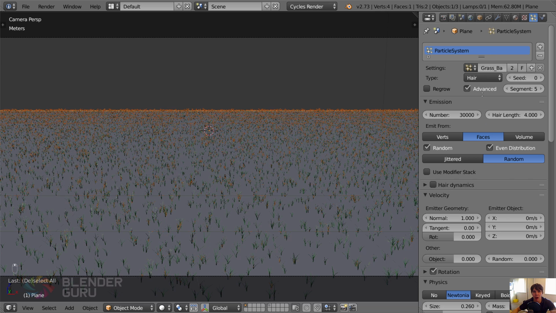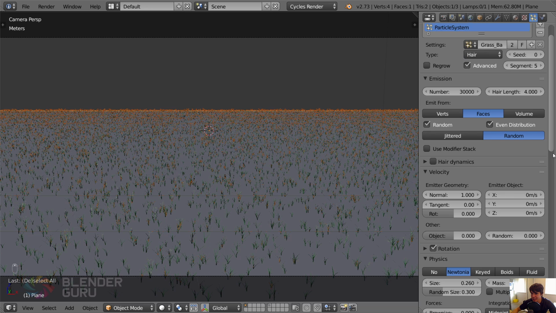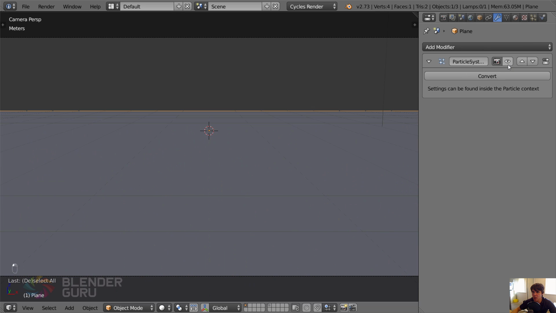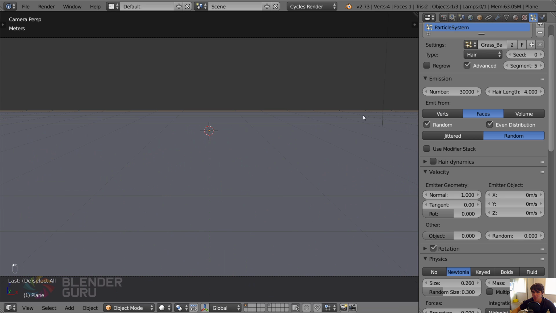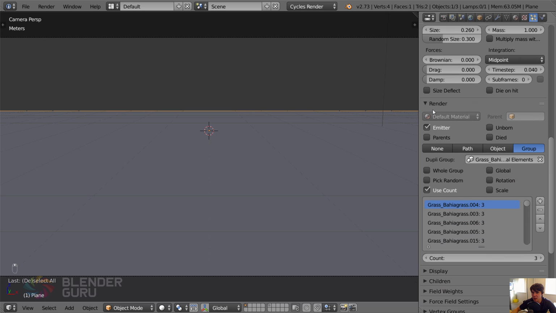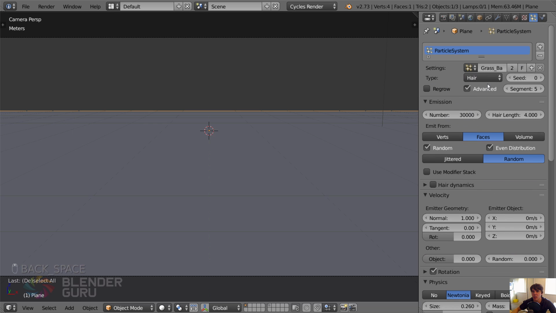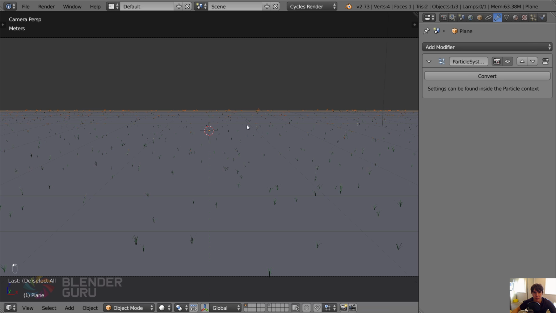Before you amp up the particle amount, one thing you want to do is, down here, you can see how slow it's going right now. So let's go to the modifier stack here. I'm just going to turn off the view from the viewport so it's not slowing us down. Then underneath display, I'm going to set this amount to be 10%. Actually, no, I'm going to go 5%. So 5% of 30,000 particles will be viewable in the viewport, but the rest will only display in the render